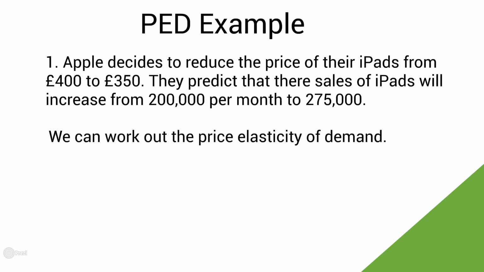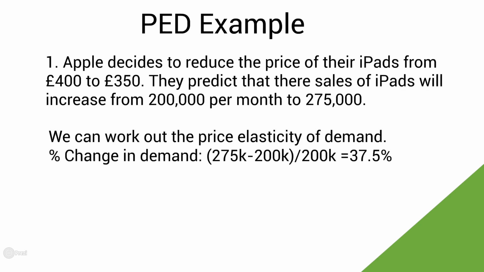We do this by using the formula on the other page, which is the percentage change in quantity demanded divided by the percentage change in price. Let's first work out the percentage change in quantity demanded. We find this out by doing the new quantity demanded, which is 275,000, minus the old quantity demanded, which is 200,000, divided by the original quantity demanded, which is 200,000. This gives us a percentage of